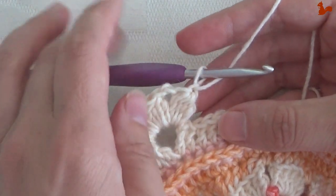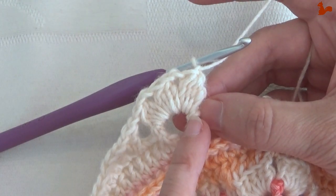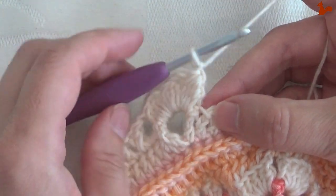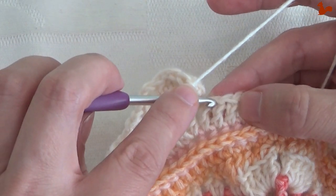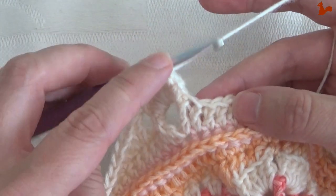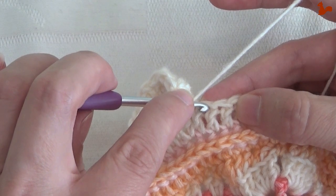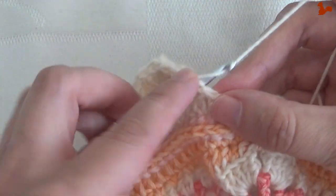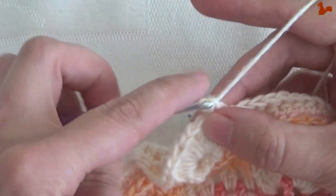We're going to skip 3 stitches. Now the first stitch is very hidden, that's this stitch, that's the first one. So this stitch you can see here, that's actually number 2, and this here is number 3. So we're going to skip 3 stitches and then work a treble. So it's 1, 2, 3 skip, and then the stitch after, work a treble,